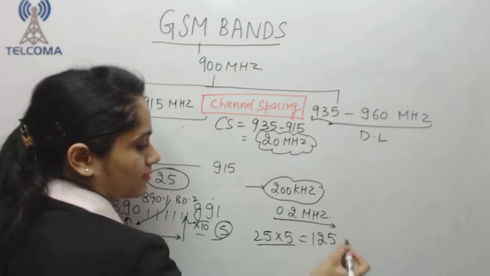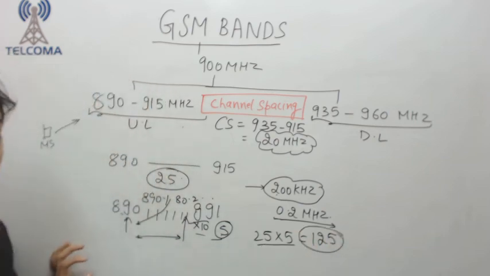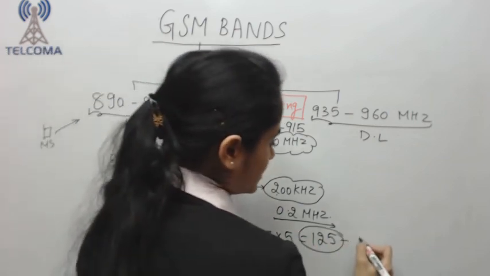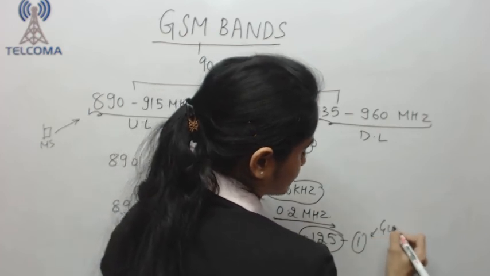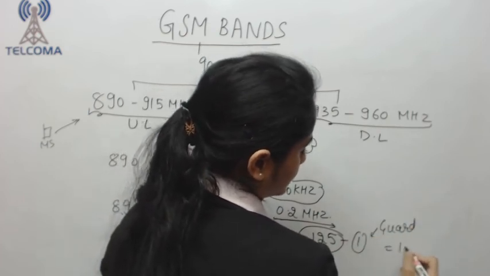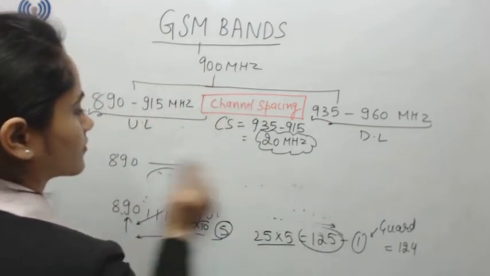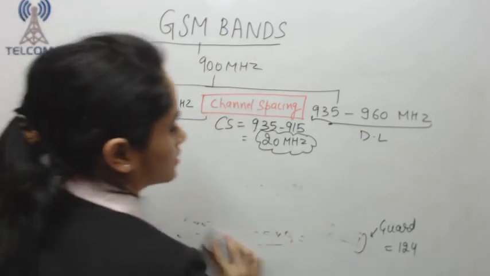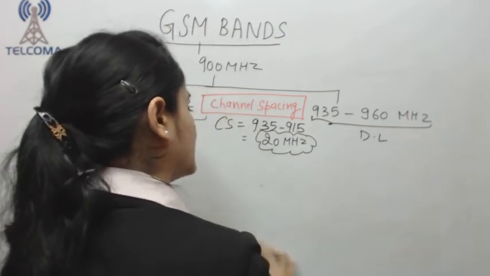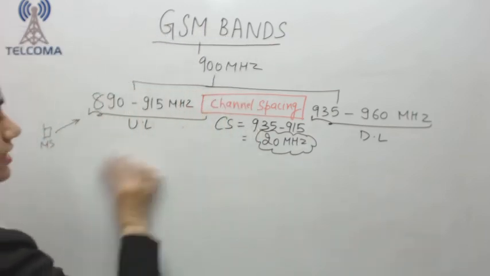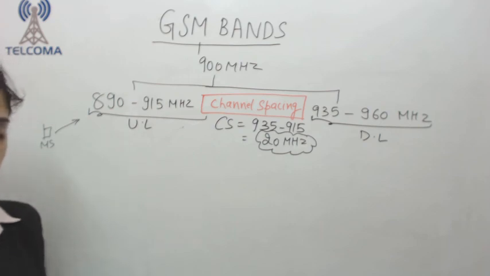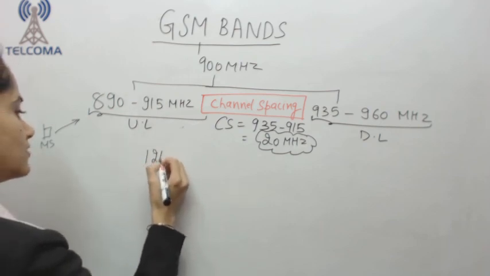So 25 multiplied by 5 gives 125. But we have to leave 1 as a guard, so we are left with 124. That means in the 900 megahertz band we have a total of 124